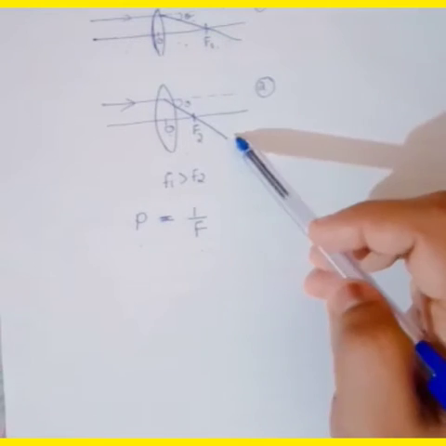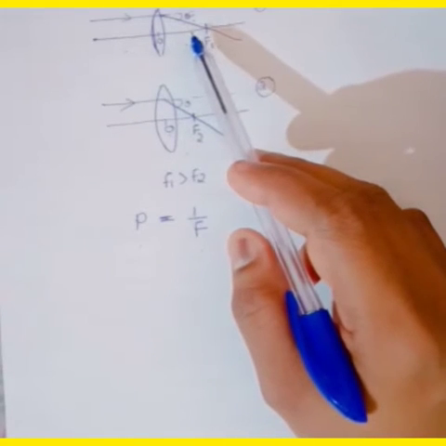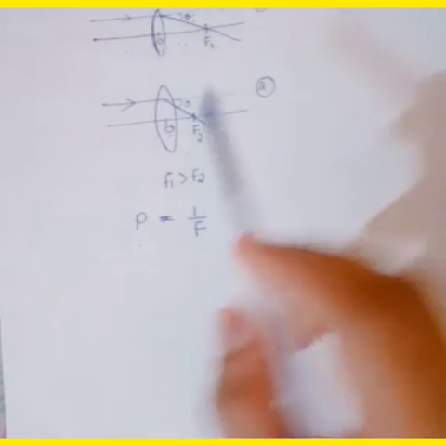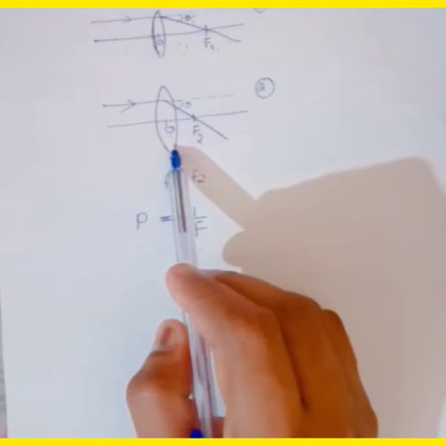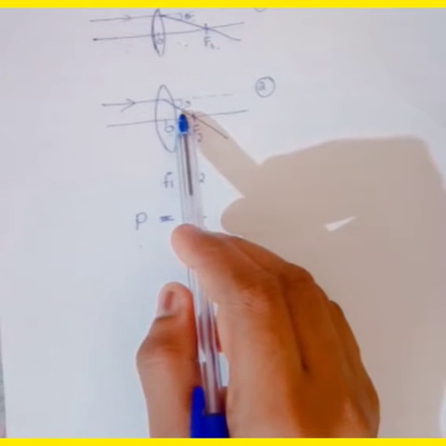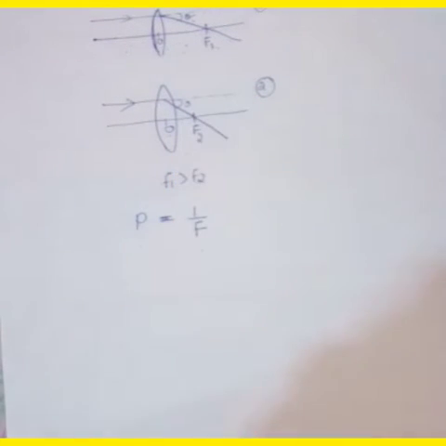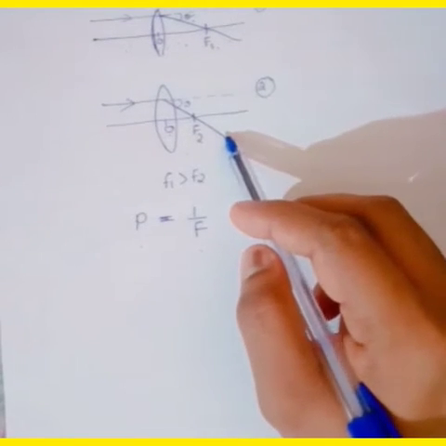Also see these diagrams. In the case of a convex lens, a shorter focal length bends light rays through a larger angle. In that case, the degree of convergence is larger compared to this lens. Similarly, a concave lens of very short focal length causes higher divergence than one with a longer focal length. So the degree of convergence or divergence of light rays achieved by a lens is expressed in terms of focal length.